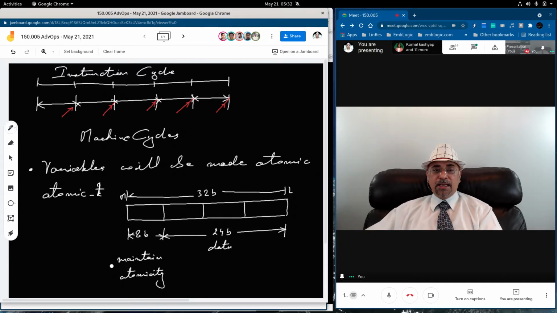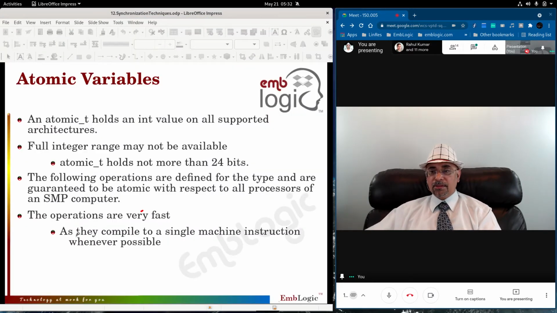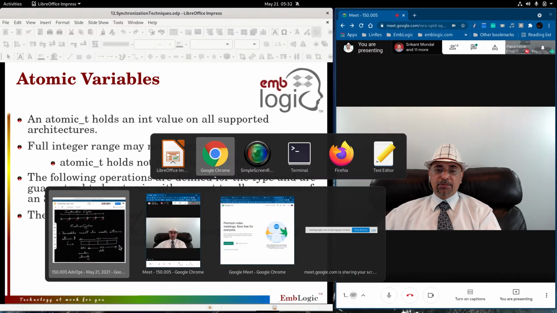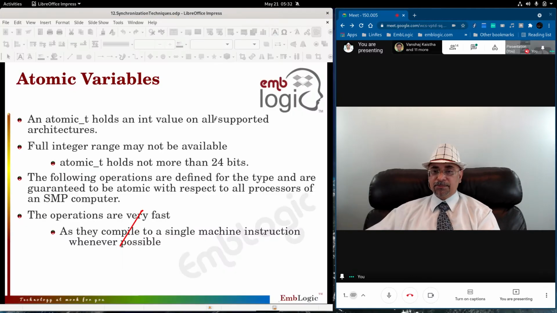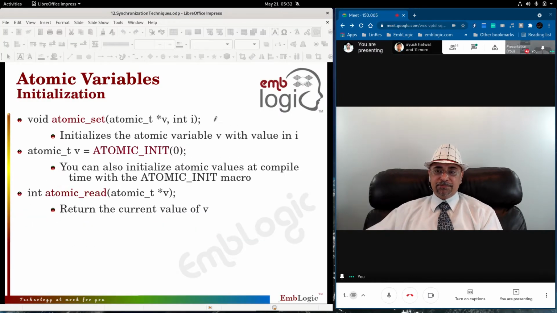Full integer range may not be available. atomic_t holds not more than 24 bits of data. The operations that are performed on the atomic_t variables are considered very fast, and they compile to a single machine instruction whenever possible, and there will be no interruption during the machine cycles. Usually they will compile as a single machine cycle, so that no interrupts come in between.